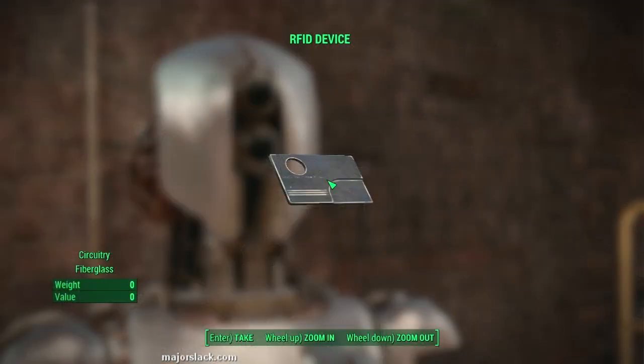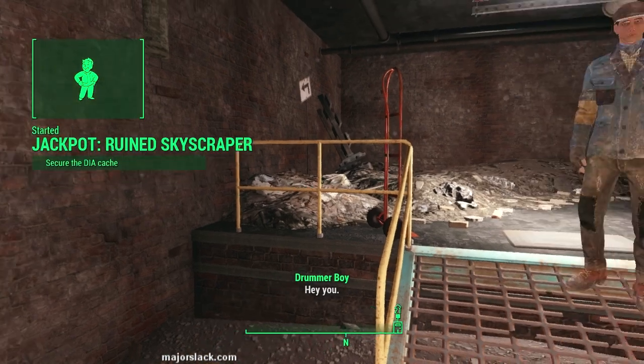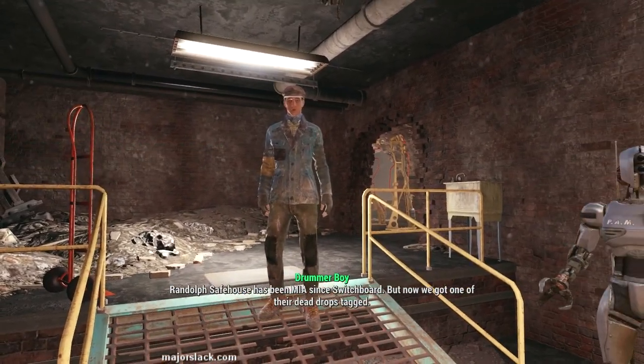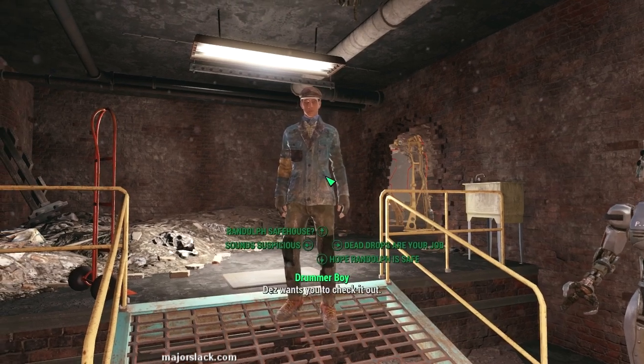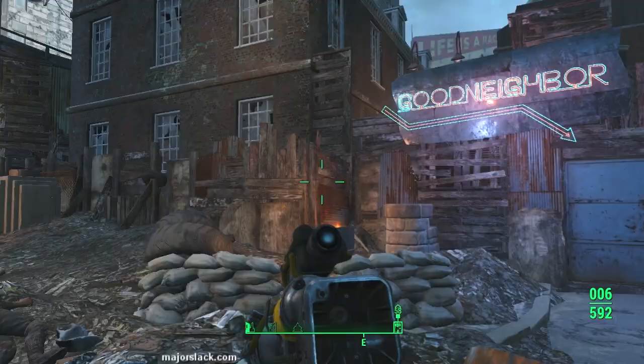This will start the first in a series of jackpot quests. Once again, the location will be completely random, but it seems like I always get jackpot, ruined skyscraper. If it works out the same for you, thank your lucky stars, the Slack has your back, because getting to the location can be a bitch. The ruined skyscraper is just southeast of Good Neighbor,